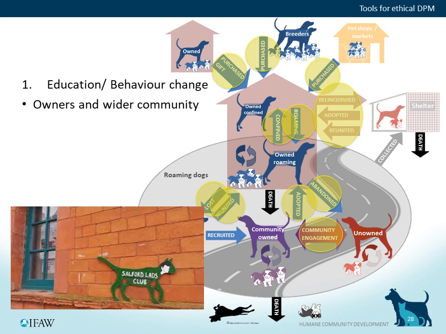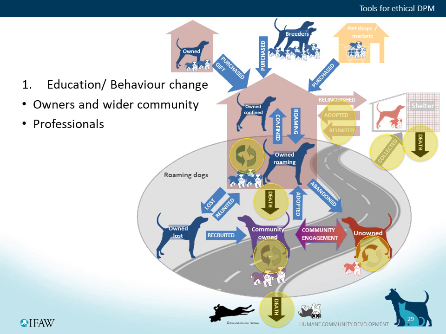I've got a photo here that's actually from a cat project, and this is from a UK NGO called Cats Protection, and they ran a project in a deprived urban community in the UK, and they used a community art project to engage local people in decorating and, importantly, displaying wooden cat silhouettes all around the community. And images of these colourful cats were then combined with a social media campaign to motivate local people to want to sterilise their cat, and also to take advantage of local low-cost veterinary services before it was too late. So not after the first unwanted litter of kittens were born, but before.